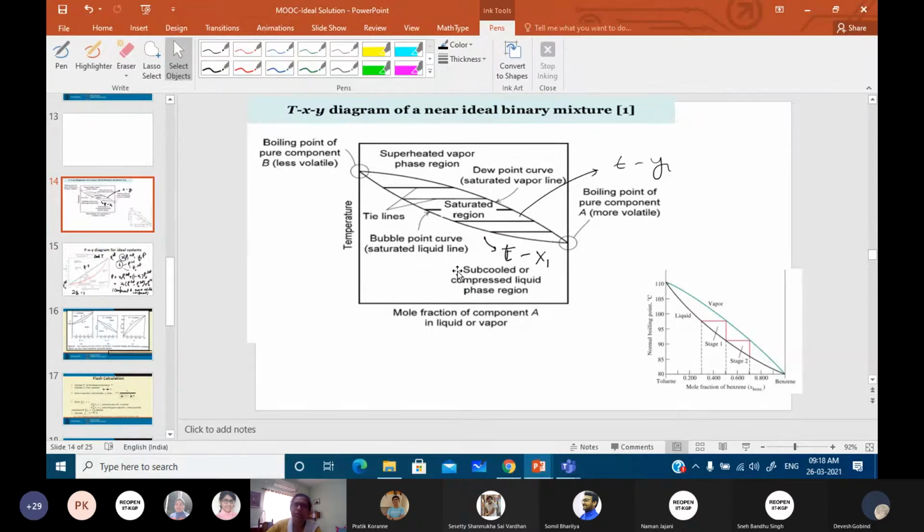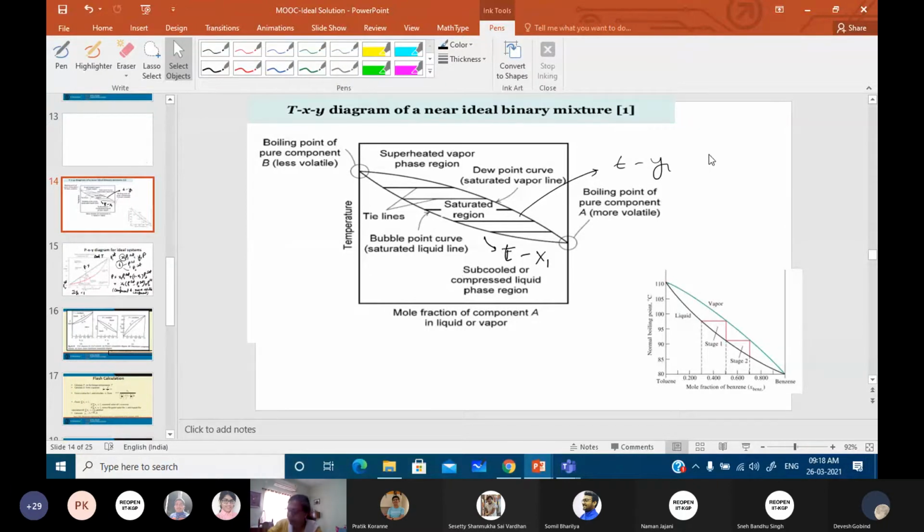The saturated vapor and the saturated liquid are in equilibrium with one another. And as long as this phase change occurs, the temperature and pressure remain constant. Then, the moment the entire saturated liquid has converted to the saturated vapor, only after that the temperature starts rising, and under this condition it is known as the superheated vapor.